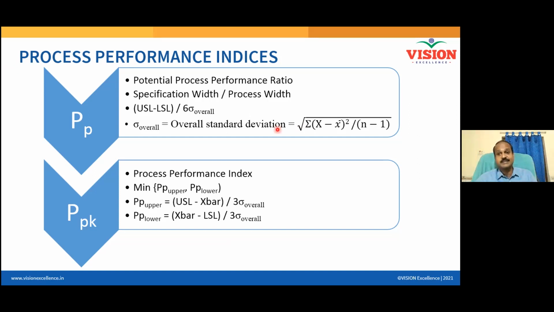But if all the data is not available, with the data available, I will calculate overall standard deviation and make an estimate of my PP. It is always difficult to get data in a real environment, particularly in your work environment. If I have 1 year of data, I can calculate a better PP and better PPK for me. But if I don't give you the data, all that you will have is only limited data. With limited data also, you can still estimate your PPK. That is what we are going to learn.